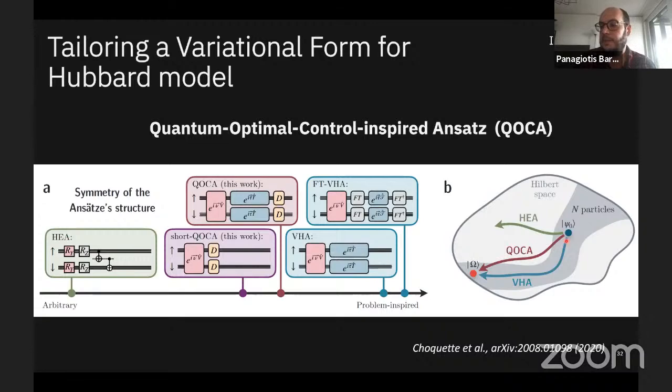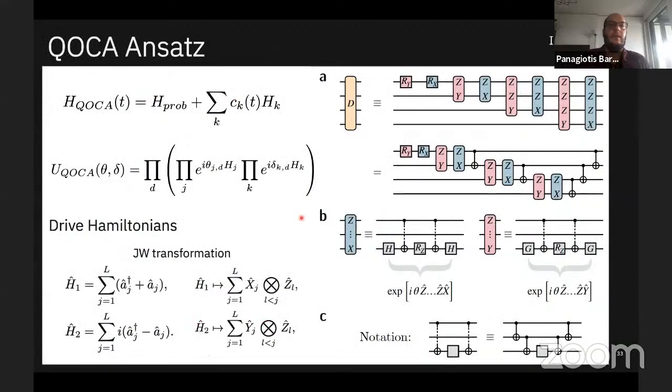Now let's try and see in a mathematical way how the QOCA works and what the QOCA is. The QOCA in principle allows you to have a problem Hamiltonian, which is specified as the Hamiltonian, and you need to introduce some driver Hamiltonians. The parameterized wave function on the theta and delta parameters is shown here as the product of the exponentiation of your Hamiltonian and of the drive Hamiltonian. So here we have a Trotter step between the two. The drive Hamiltonians that we are using are not time dependent for this case in order to reduce the number of variational parameters, and are the ones shown here.